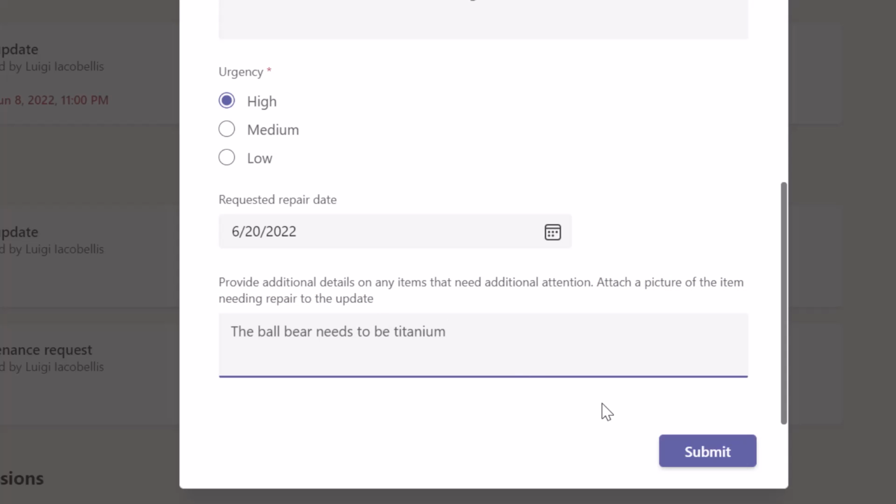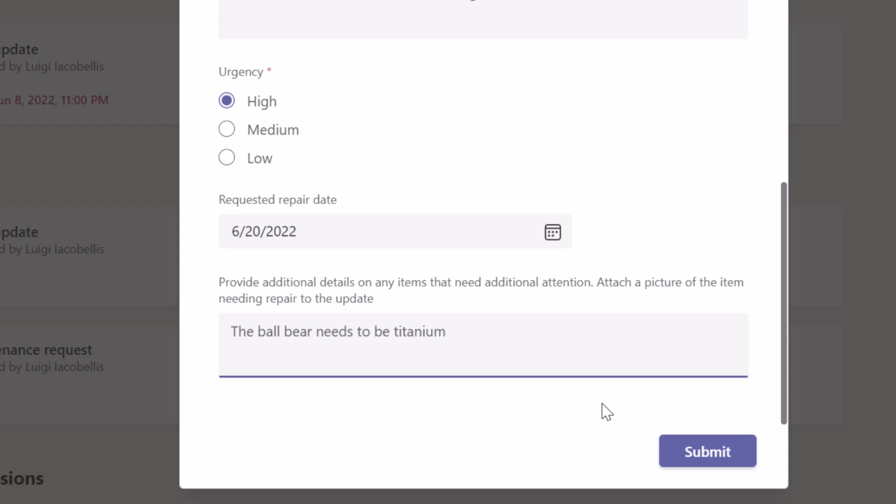So again, that is either a typo on this field on Microsoft's part, or perhaps the ability to attach pictures to these fields is a feature that will be added to this app later. But right now that is a bit of a limitation, because if you are planning to use this app while out in the field through the Teams mobile application, it would be incredibly powerful for people to be able to